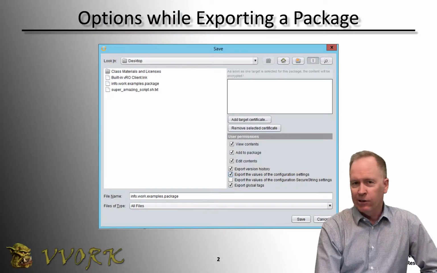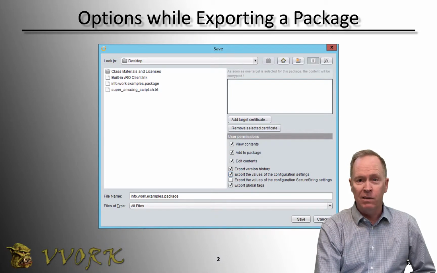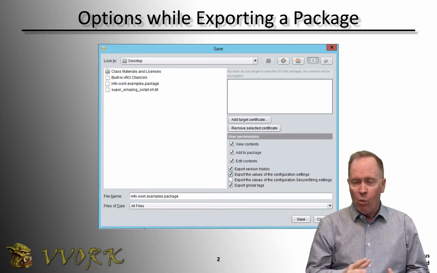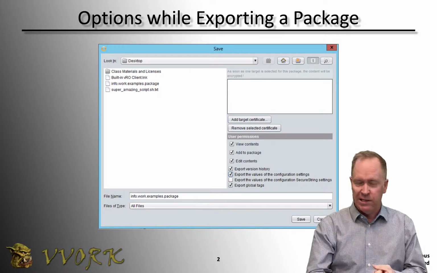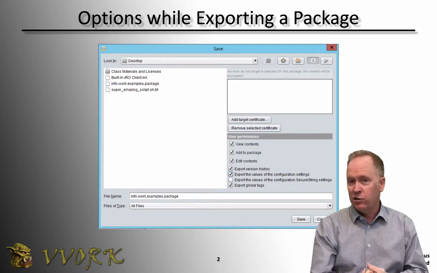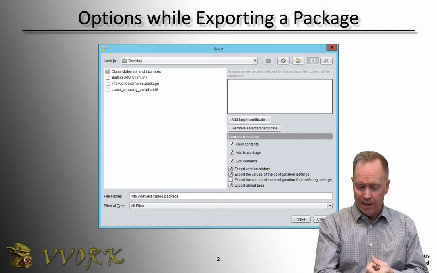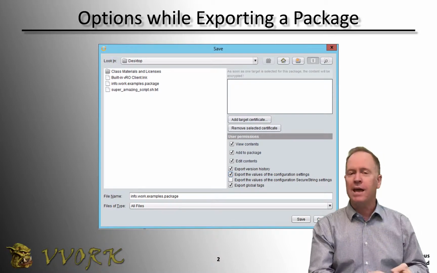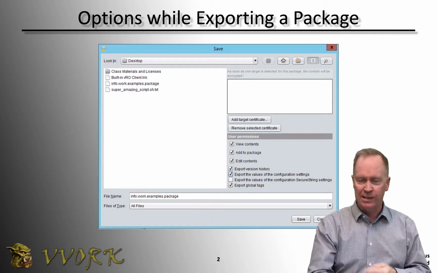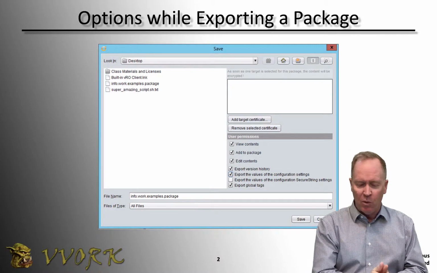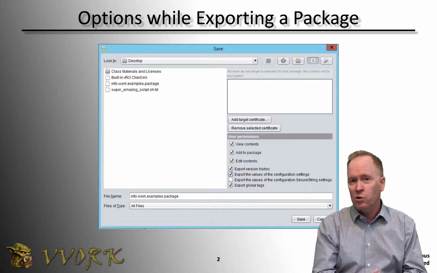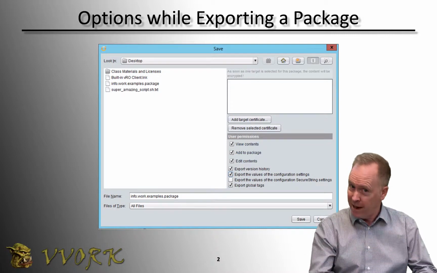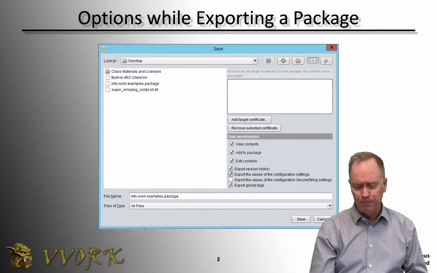What you're looking at here is the interface that we see when we save a package in Orchestrator. A package can contain a lot of different things: workflows and/or actions and/or configuration attributes and other things like resources and other stuff we can talk about later. But what I want to show you is that when you create a package, and you finally say, okay, save the package so that we can create that single file,